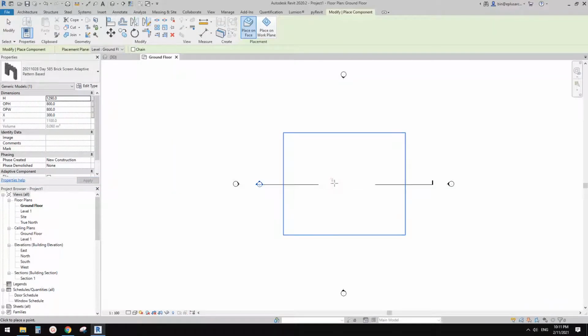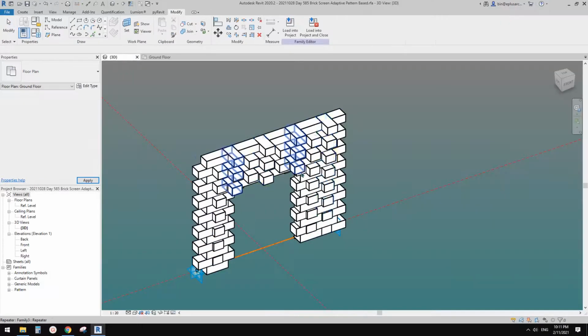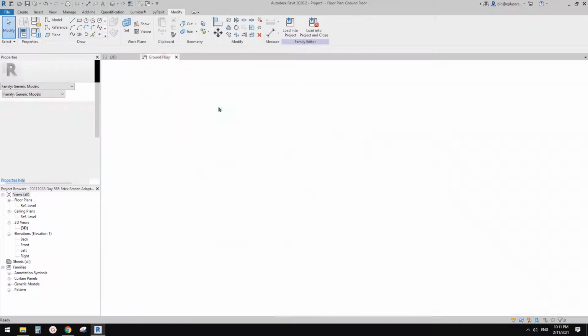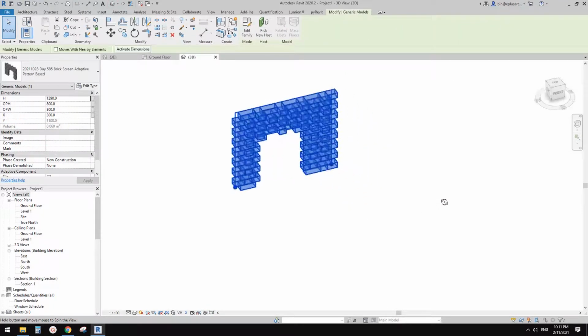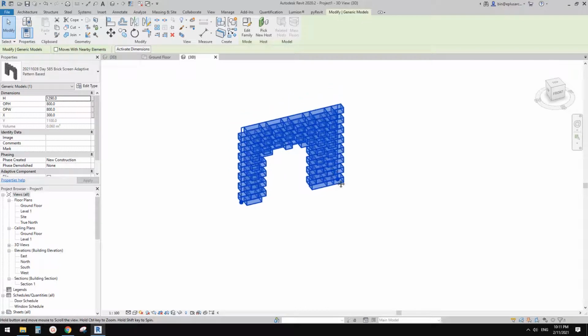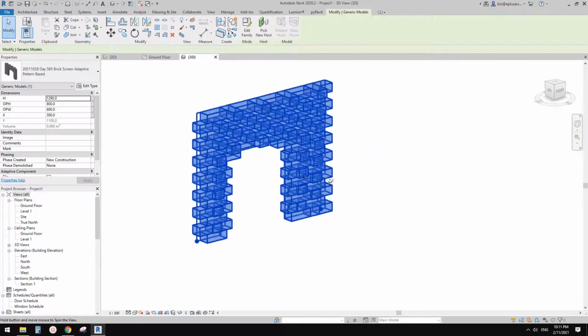So I'm going to just place it here. So instead of place 2 points, I'll just press escape. So it will create a brick wall, same as the one in the family. So you will see exactly same size. So if we place 2 points, this will adjust the length to match the distance between those 2 points. Okay, so now can we